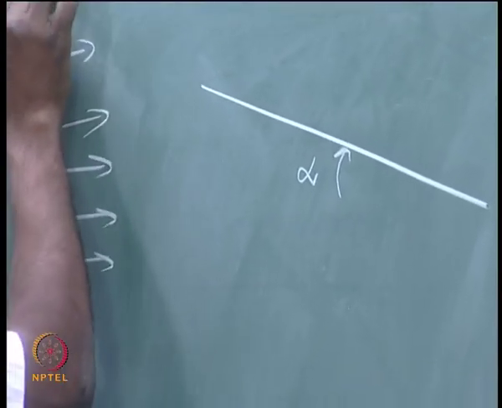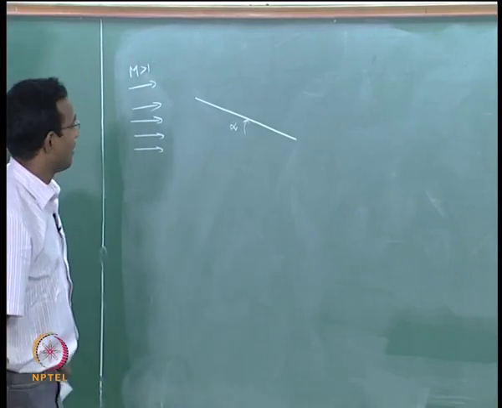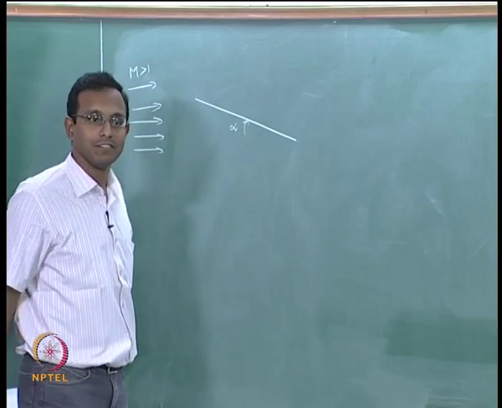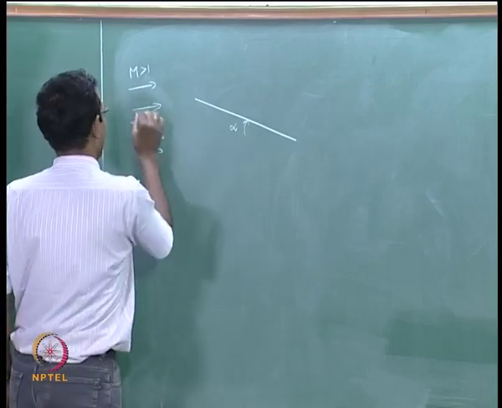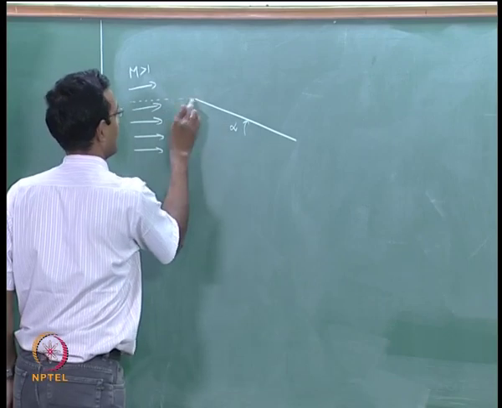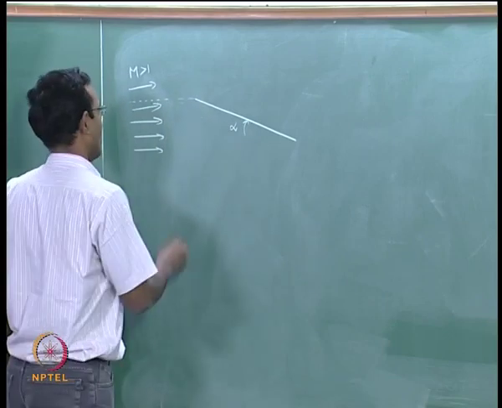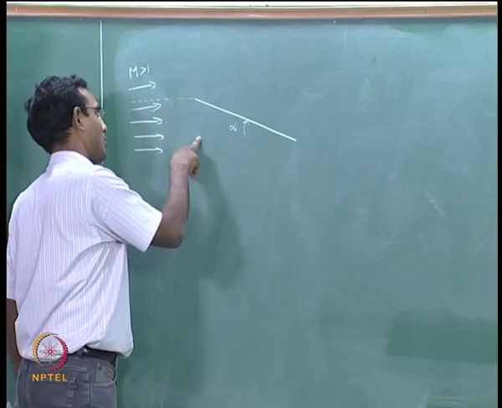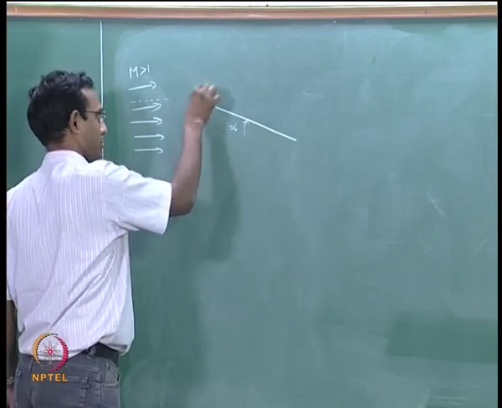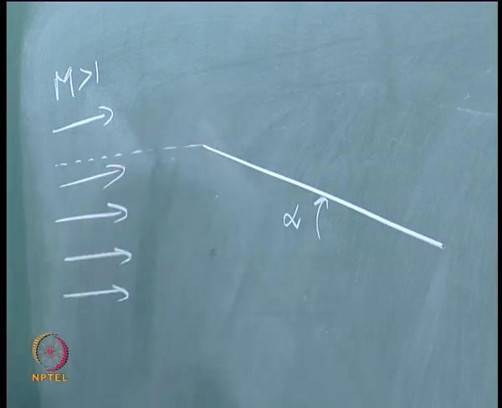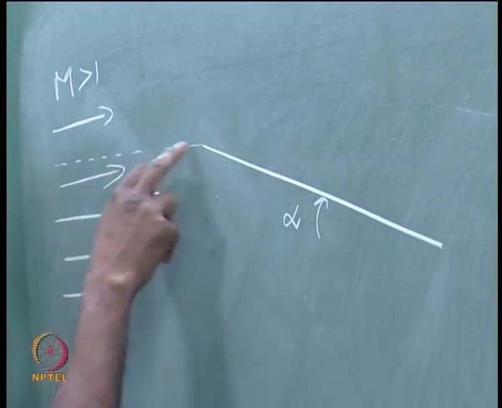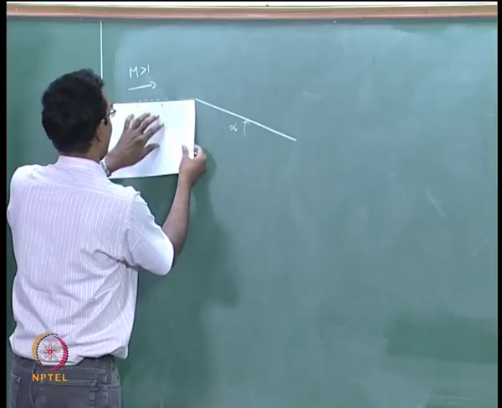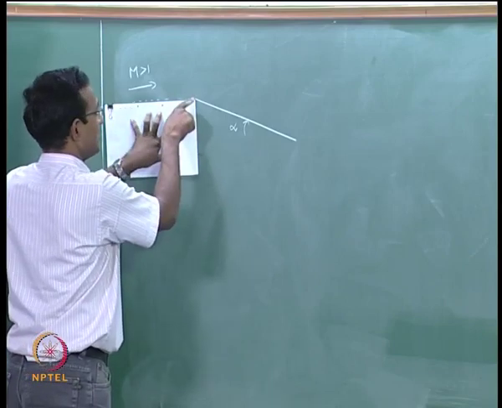and I am having a uniform supersonic flow coming in, and I want to tell what will happen here. It is of course considered to be inviscid, we are still in inviscid world. So, I am going to draw this one line that is going to touch this. Now, this is going to help us to understand the problem. The way to approach this problem is to say I want to draw what is the wave nature at the front. If I look at this dotted line and above, then I will just block this region with paper. It looks like flow with a sudden expansion corner.